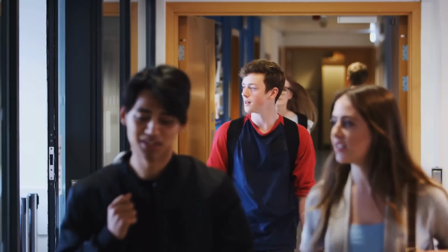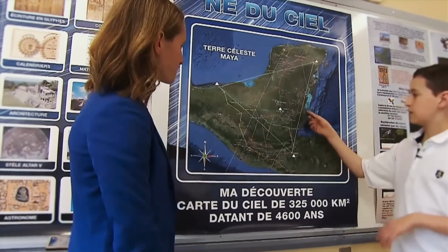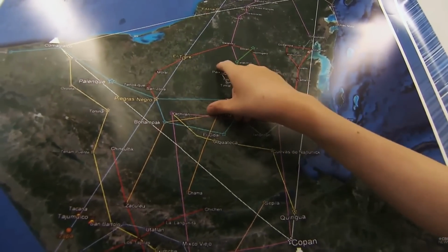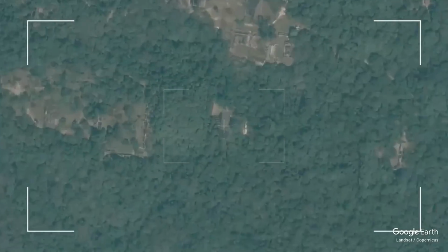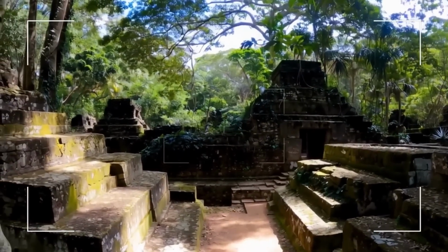William Goddery is known to be a science genius and has even won an award for this constellation theory. When he noticed that a 3rd city was missing from the 23rd constellation he was examining, he began to search Google Earth for satellite pictures that could help him solve this mystery. Advances in satellite tech have shed new light on long-lost Mayan cities such as Tikal. Located in the heart of the Guatemalan jungle, Tikal is believed to have been the capital of the ancient Mayan